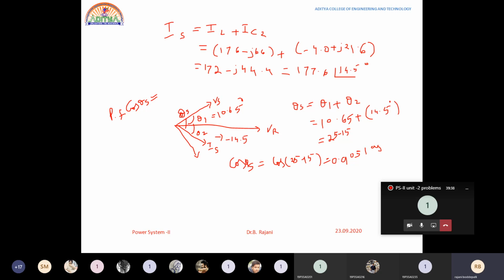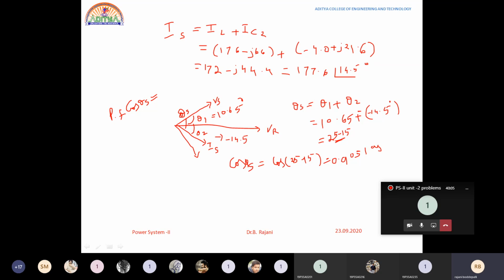Actually, it is minus 14.5, right? Cosine of the angle between voltage and current means 10.65 minus of minus 14.5. If you put minus of minus instead of plus, you will get